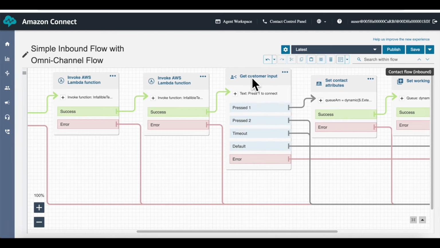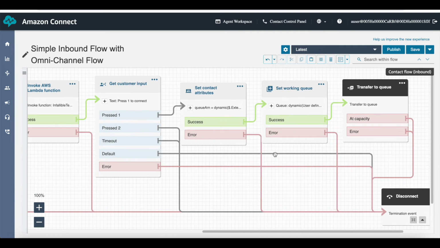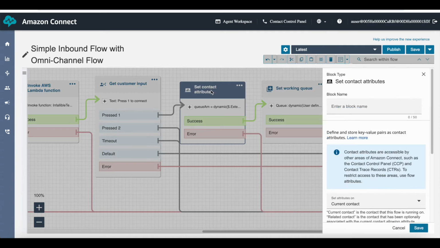I am getting an input from the user. If they press 1, it will go and do this set contact attributes. If they press 2, I am ending the call. Here using set contact attributes,